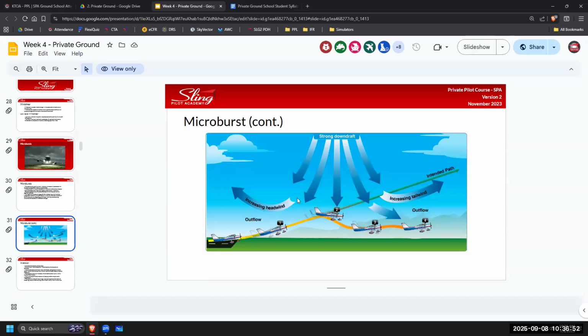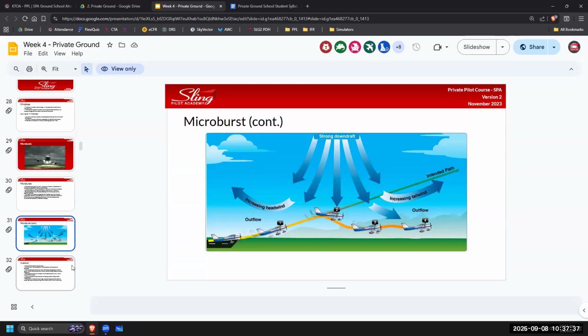And then right in the middle of the microburst are the strongest downdrafts, pushing you towards the ground. So you're slow and you're being pushed to the ground, losing altitude. Then on the outflow of the microburst, it's creating an increased tailwind that's pushing you out the other side. Okay. So managing your speed, if you do happen to be trying to fly through the bottom of a microburst, is important, knowing that you're going to have an increased headwind that's slowing you down, and then an increased tailwind that's speeding you up on the other side. That's what we want to know.